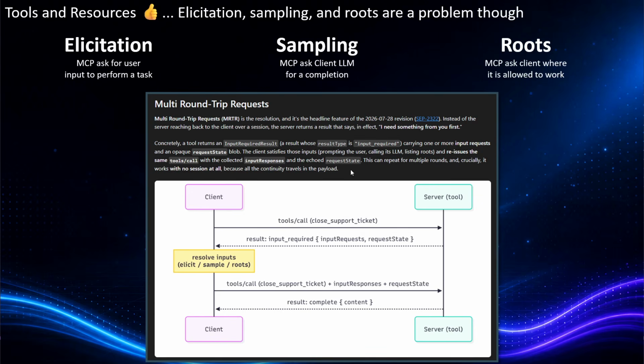So in their case, they show a sample where they have a support ticket that they want to close, and the server can evaluate if there's a close reason, and if not, it can ask for input required. That would be elicitations in this case. The client can then give that input, so they call the tool again with the input, and it could come back and be completed. Very much like tool calls actually happen in normal LLMs, where you also get this input required.